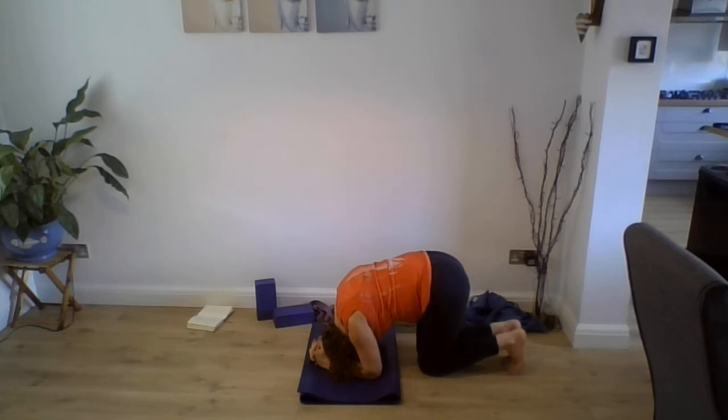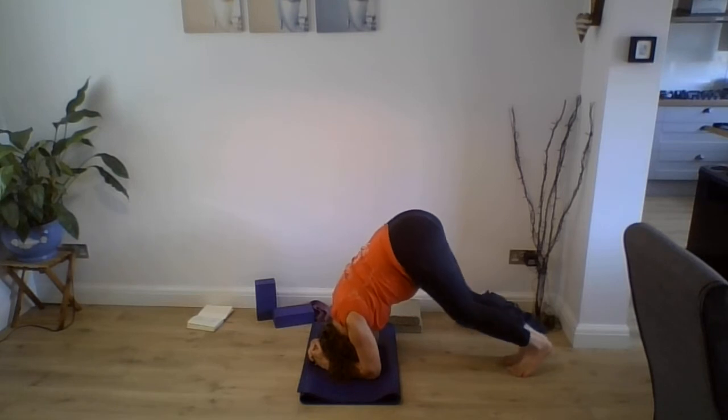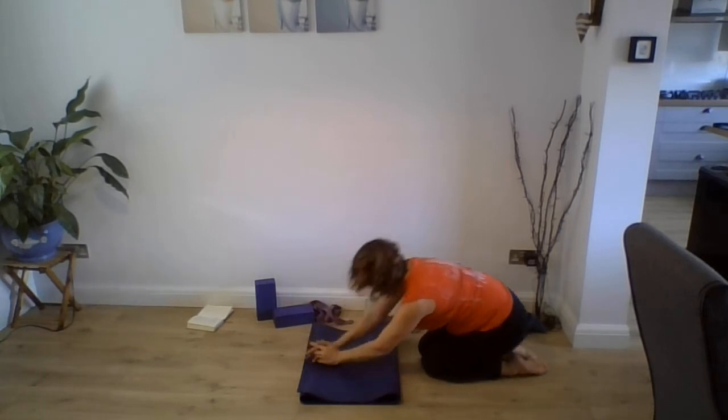So it's the crown of your head that's on the floor, and then you can push up off your knees there. Now you can just practice there if you want to. Or if you know that you're confident in headstand, you can walk your feet closer in towards you and then kick up into headstand. But again, that's only for experienced